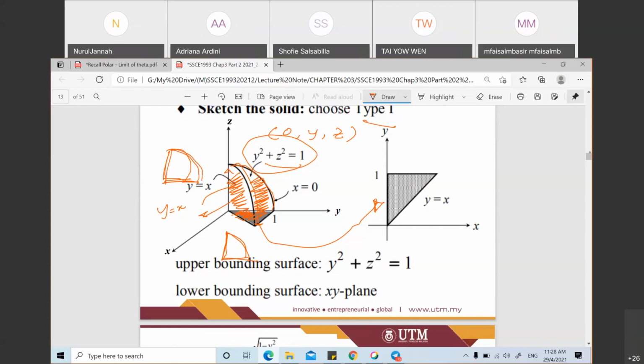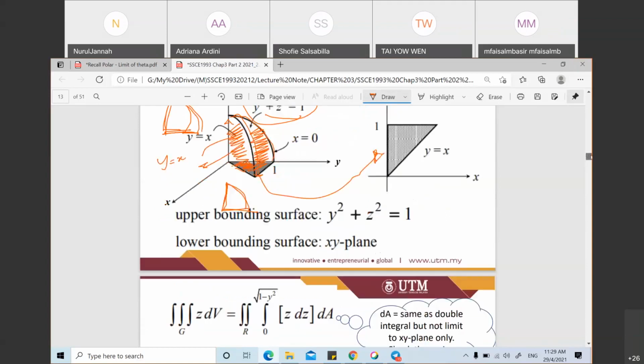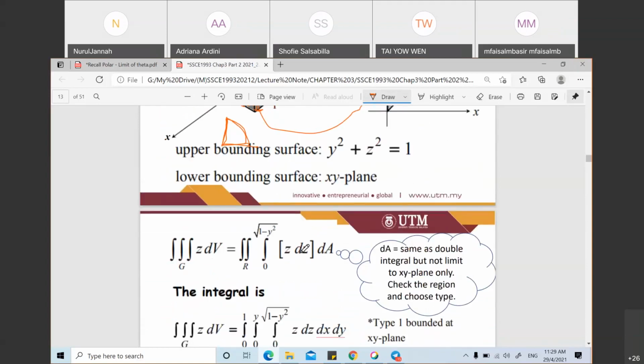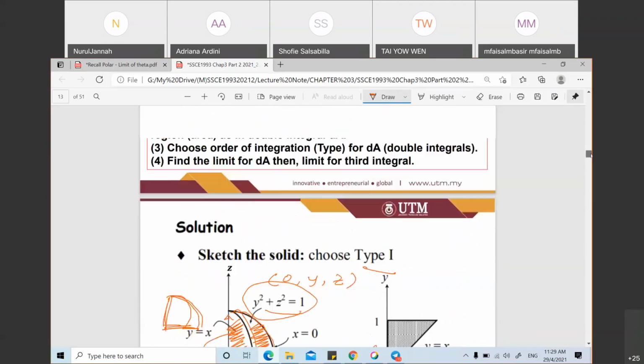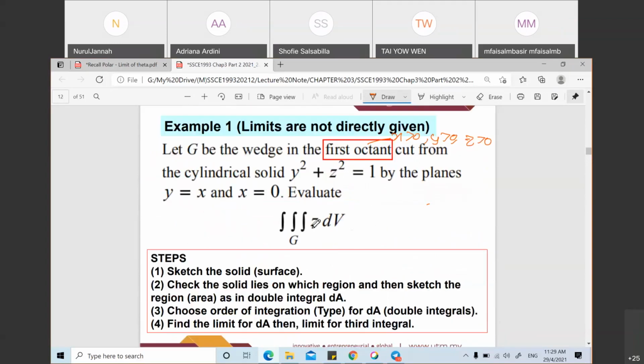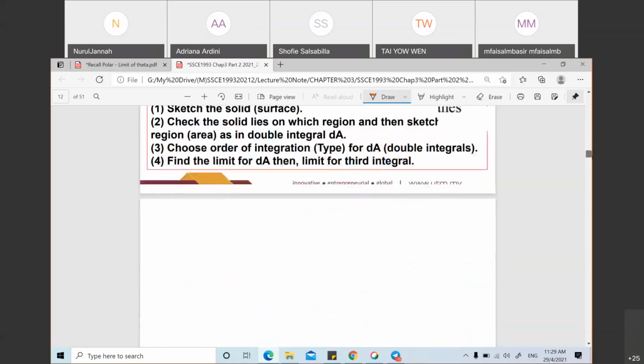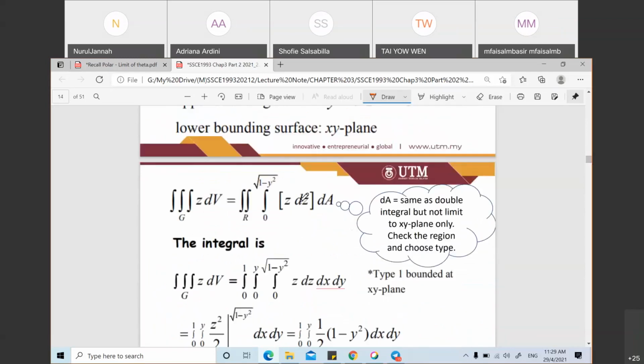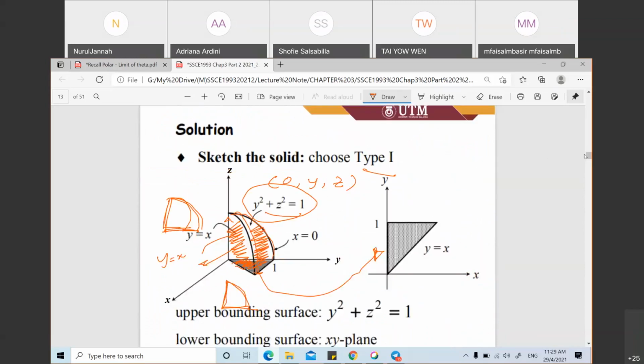Okay. So let's say I took this first. And then I have to integrate three things, right? Dz, and then this dA I can choose dy dx or dx dy. So for dz first, they ask you to integrate z dv. So z we just copy, we just put here z. Okay, but I have to know the limit for z. Z limit, if I see here,